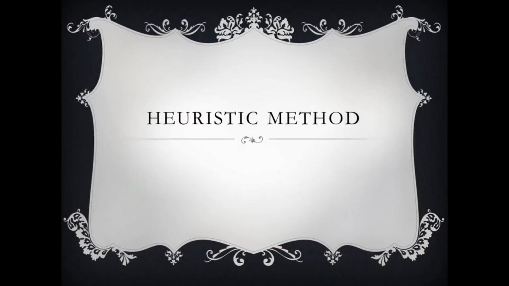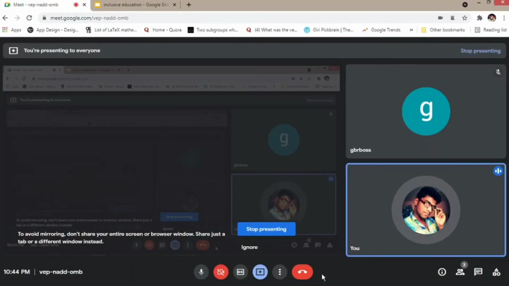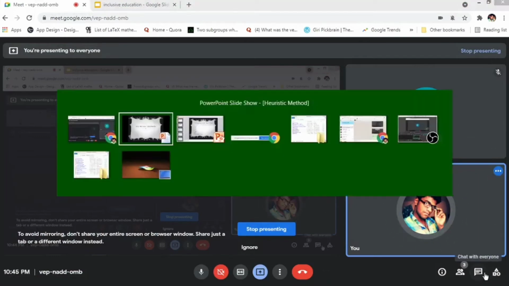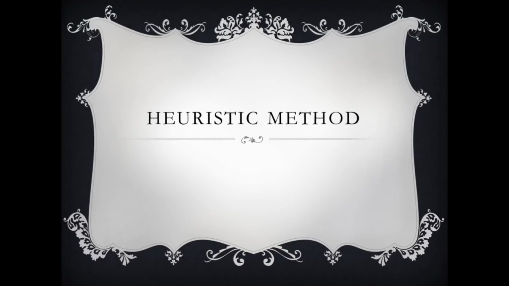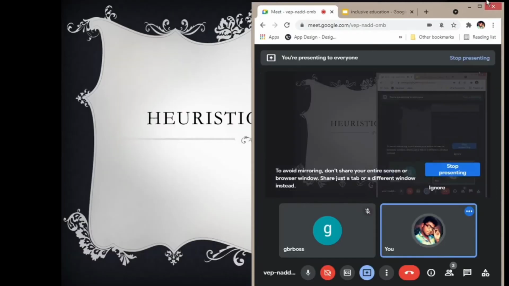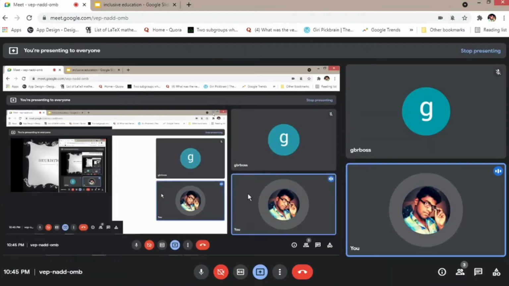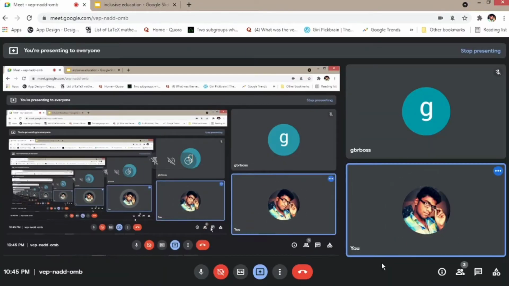So if you are doing this, you can see the WhatsApp chats here. Chats we can see simply, quickly, and you can just click Alt Tab again. You can go back to your presentation, or else you can minimize this. What are the advantages of minimizing this? I am going to tell you. So you can see what they are talking, or whichever slide they have put up, that also you can see here, unless it is an entire screen.